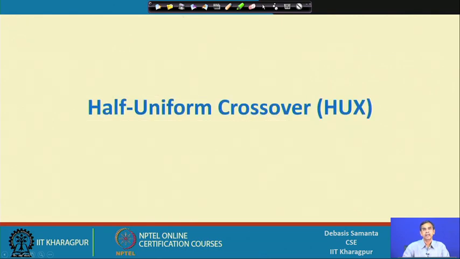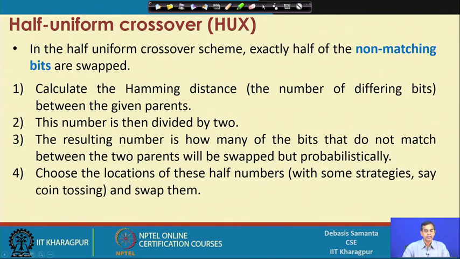Now, we will discuss another improved methodology called the half uniform crossover, sometimes called the HUX. In this half uniform crossover scheme, the idea is that exactly half of the non matching bits are swapped. Again, here two calculations are required. You first have to calculate how many are half of the non matching bits. This requires a calculation, but it can be done very easily if we use the concept